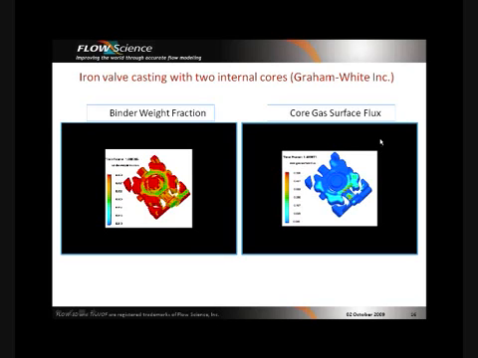Let's now take a look at the result on the right here, which is the core gas surface flux. Now, ideally, the core gas surface flux should show venting through the prints into the atmosphere. As you can see here, shown by the yellow regions of the T core, which goes into the prints and out into the atmosphere. However, in this particular case, it is clear that the higher concentration of the gas flux is at the saddle core surface that presents the risk of gas blowing into the metal, thereby causing porosity defects, which is undesirable. So let's take a look at this animation as well. I'll play it.